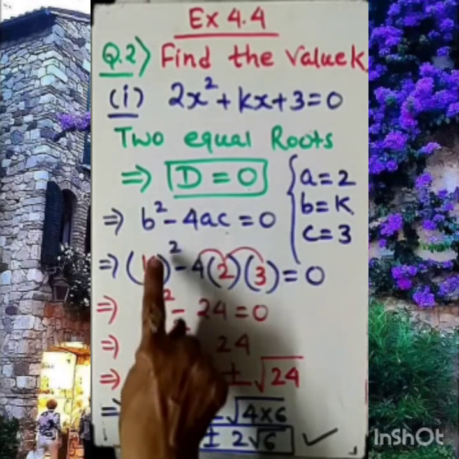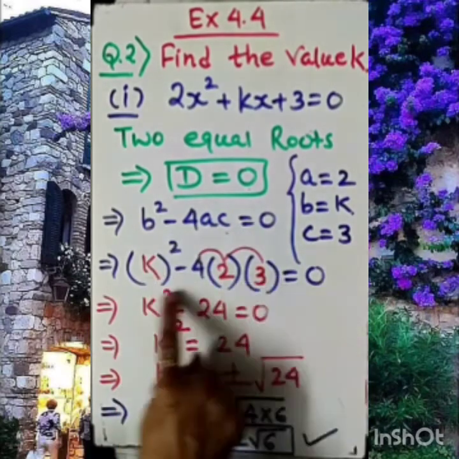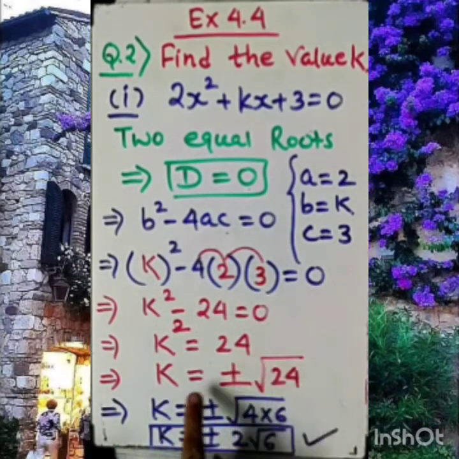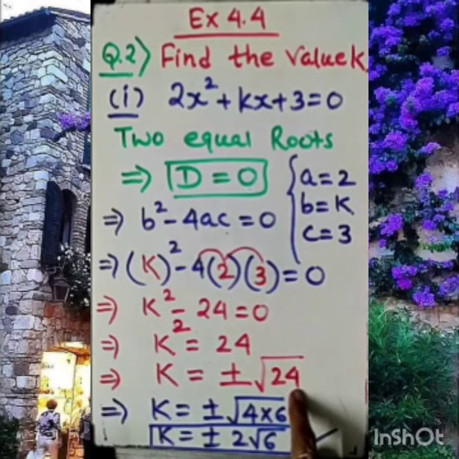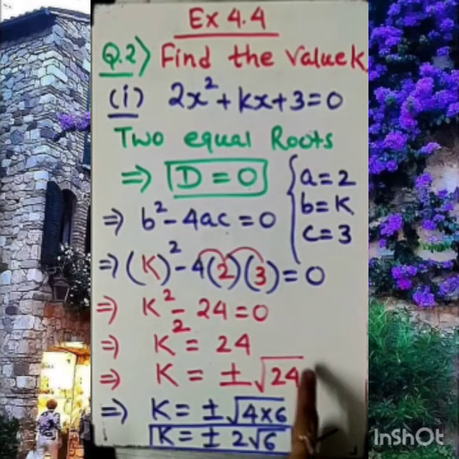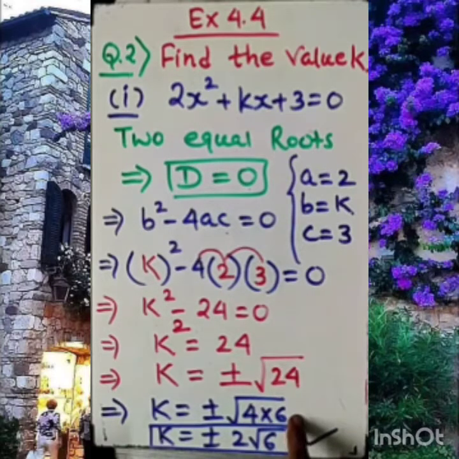Now let's insert the values of a, b, c in this equation, and if I simplify, I should have here k equal to plus or minus under root 24. Now it depends on us how we are going to simplify this, because we know 24 can be written as 4 into 6, and 4 is a perfect square of 2. So let me bring 2 outside the square root. Inside, 6 will be left. So the answer is plus or minus 2 root 6. This is the complete solution for the given equation 1.